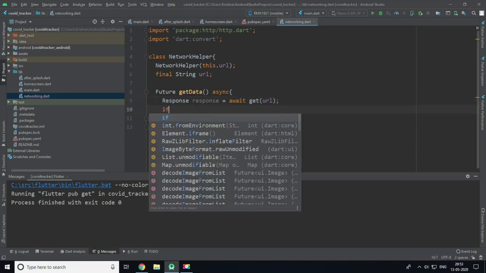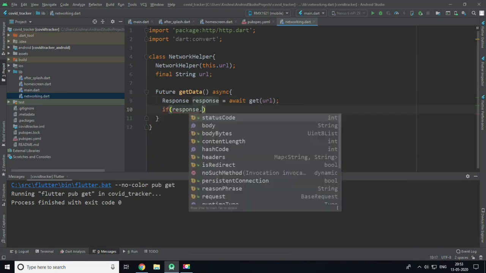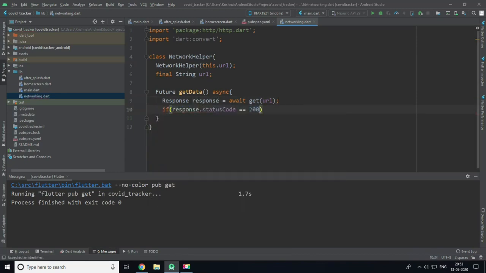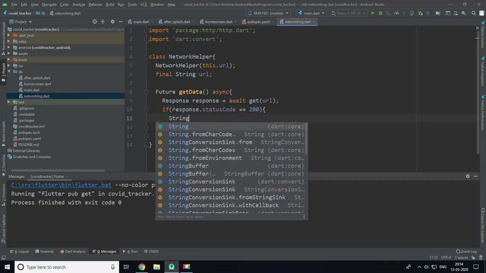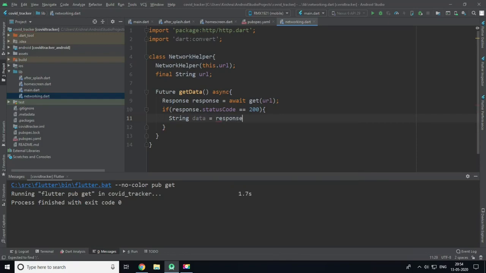Now if the response.statusCode is equal to 200, then we will create a new variable called stringData and pass response.body, so that everything is passed to this string, and return jsonDecode of the data, so we return the decoded form of our data. Else, if it doesn't work, it will print response.statusCode.